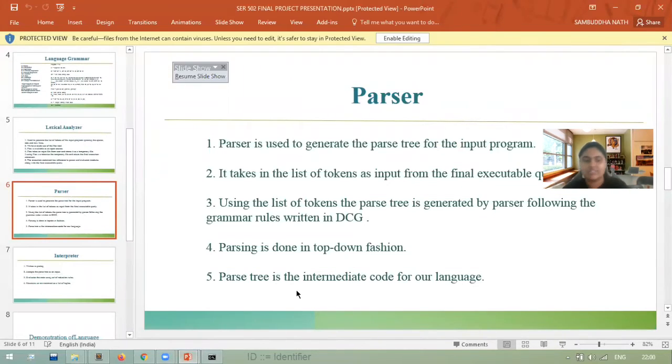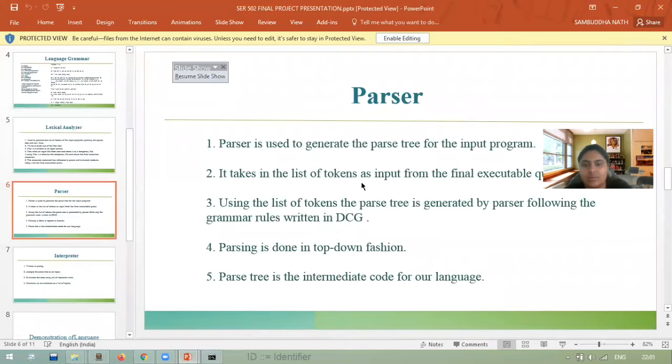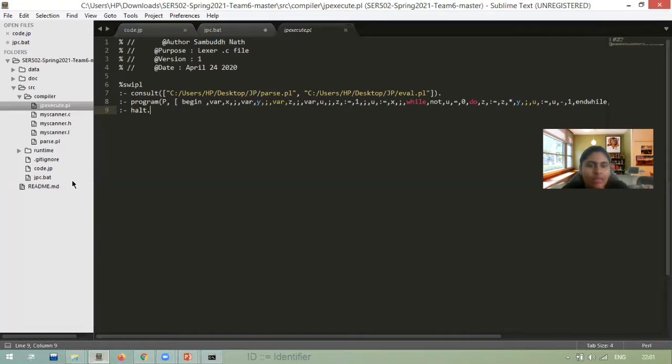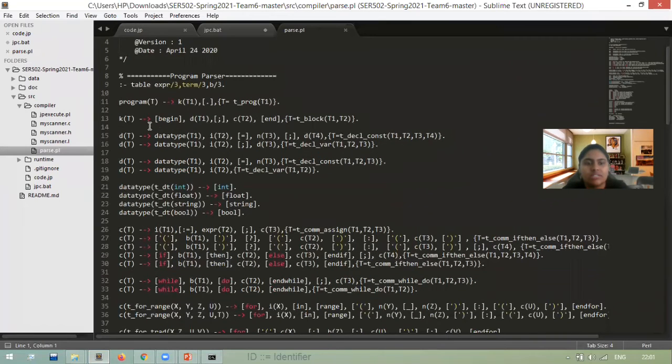At this stage, we'll have the input to the parser as a list of tokens, which the parser accepts and generates a parse tree. Our parser uses DCG grammar rules to parse the whole list of tokens in top-down fashion, and the resultant parse tree will be our intermediate code for our language. So the parse.pl file will have DCG rules as shown,